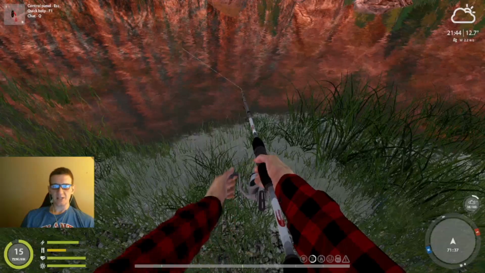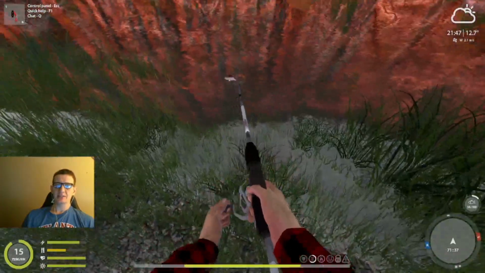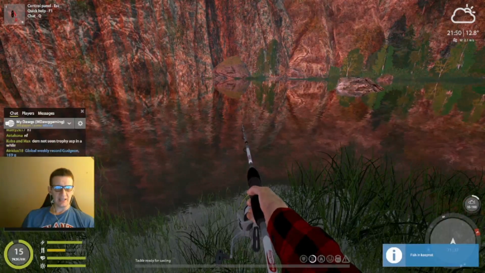The funny thing is, catching an asp that's that size at Volkov, you're going to think the whole time it's a decent salmon, right? Oh, I love it. Another nice grayling. You're going to think it's a nice...